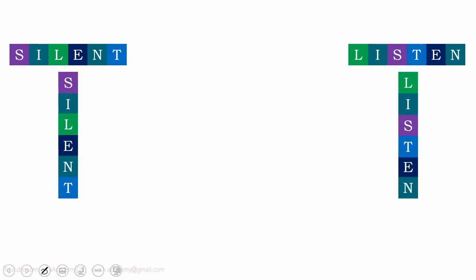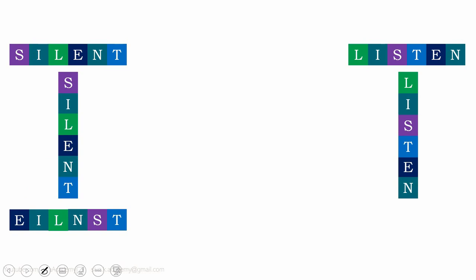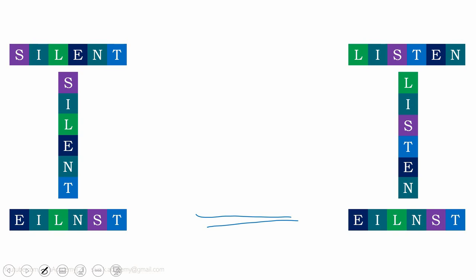This is the first step. In the second step, I'm going to convert the rows of characters back into a string using the list aggregation function. But while converting back, I'm going to order by the alphabetical order of the characters. For example, silent I'm going to convert into EILNST, a string like this in alphabetical order. Very similar to that, when you convert listen into alphabetical order of the characters, we will get a string. In fact, these two strings will be exactly the same. When these two strings are exactly the same, then silent and listen are said to be anagrams of each other.